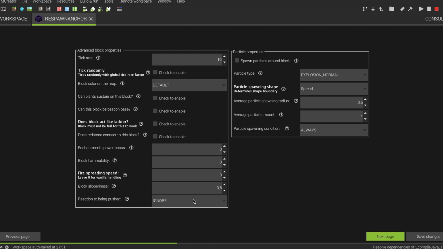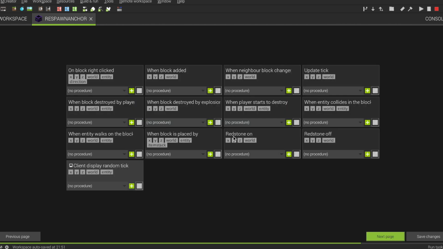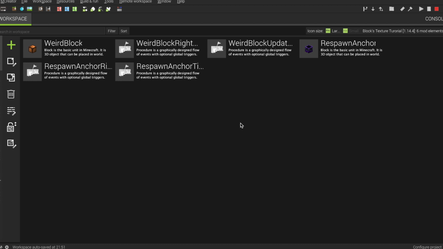Ignore the pushing reaction because it's from obsidian. Again, tile entity. I'm putting the Wisp-on Anchor right click right here, and the update tick right here. Tick update, sorry. So I'm waiting for the Gradle to finish, and we are not done yet.